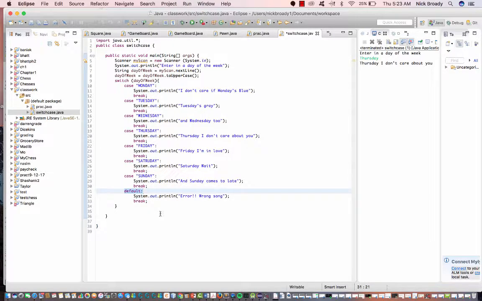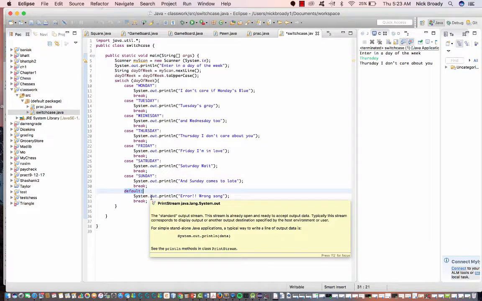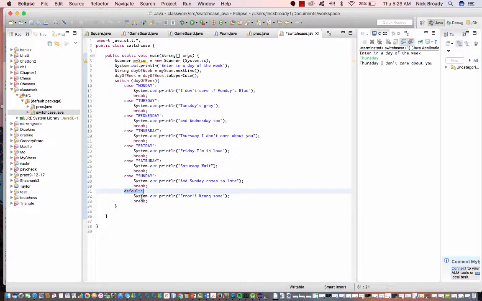This is a default case. So what happens is if you enter in something that is not part of what you're expecting the user to put in, Monday, Tuesday, Wednesday, Thursday, Friday, Saturday, Sunday in our case, it's kind of like an error handler. It checks it and says, oh, sorry, it doesn't work, and that's it. And it also exits the